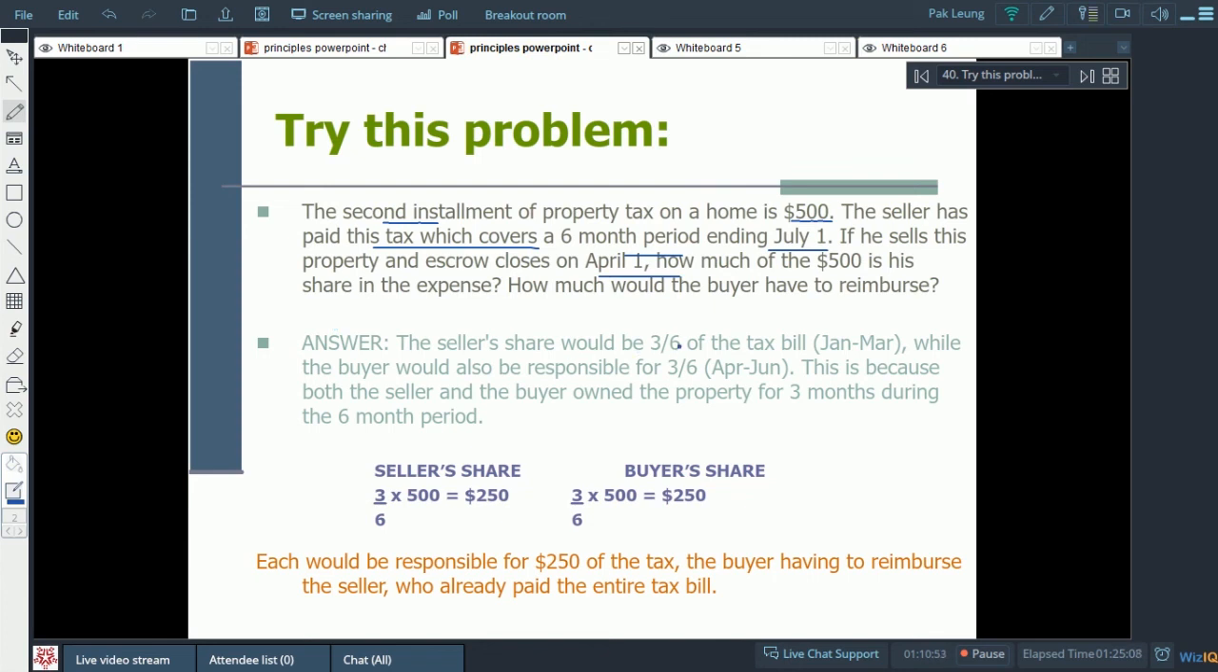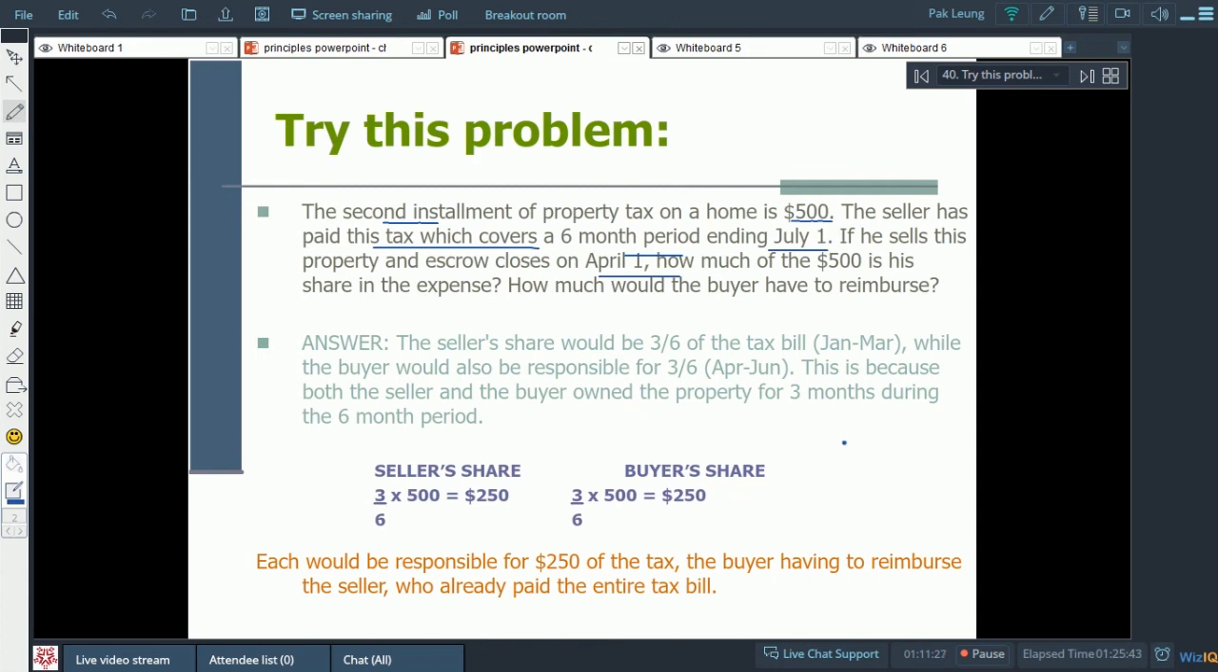If he sells this property and escrow closes April 1st, how much of the 500 is his share of the expense, and how much would the buyer have to reimburse? Okay, 如果他10月1号成交的话，这个500块怎么去分配？Answer: the seller share would be 3/6 of the tax bill, because he's paying January, February, and